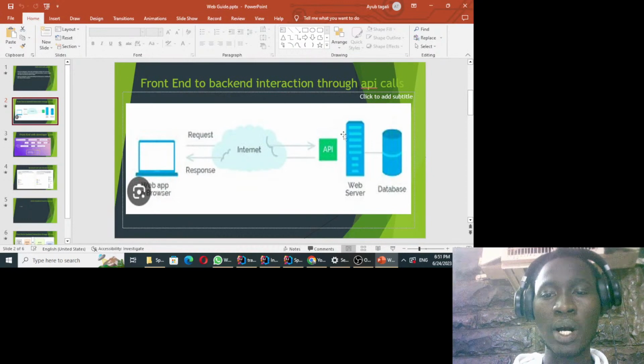This is now the web backend application, or the web server, or the backend server, which should be able to communicate with the database. And then after developing this web application, you should develop it in such a way that you expose the APIs. So these APIs are what will be called by this front-end application.